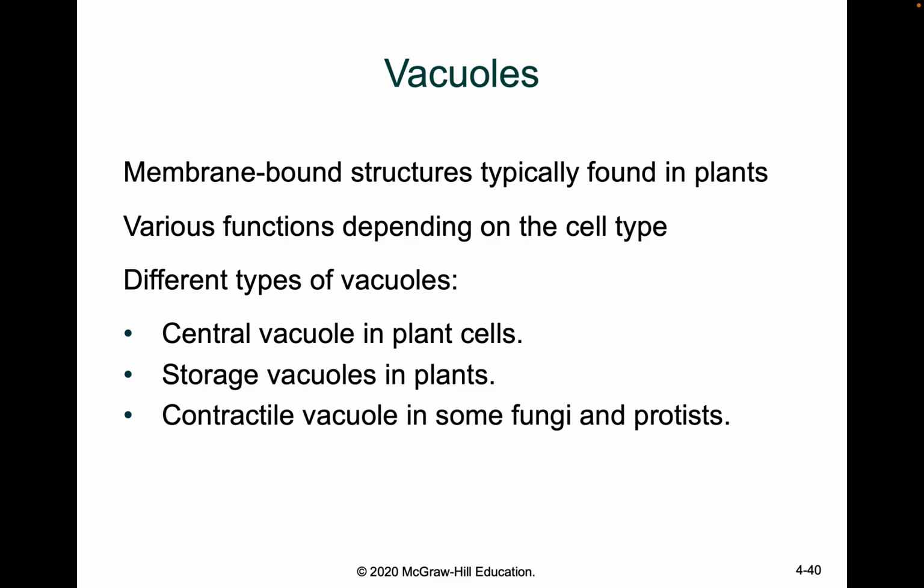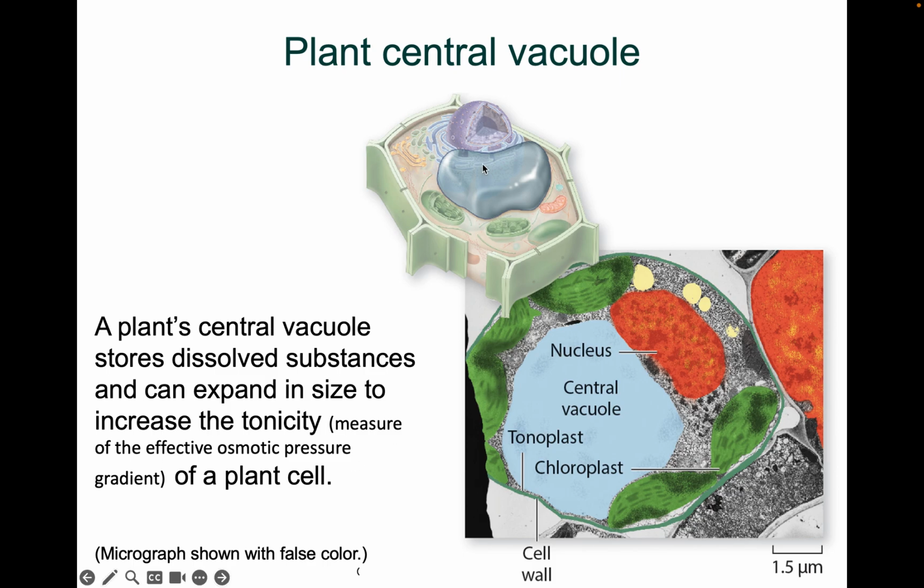There are many different types of vacuoles. There are the central vacuoles in plants, which can be used for storage, like storage vacuoles. But some of them can also expand, and once they expand, they can actually make these plants bigger. Some plants, when they grow, don't grow because they're getting bigger by themselves. It's because the vacuole is expanding and getting much, much bigger. And how they regulate this is that they have something called